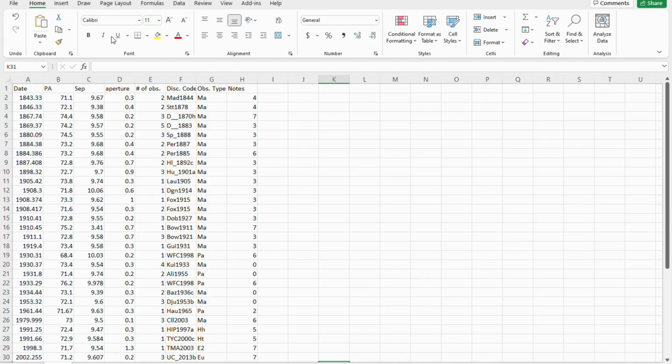So we're going to start out with our historical data already formatted in Excel. If you do not know how to do this, I have pasted a few links below explaining how to do so. So the first thing to do is change the position angle from degrees to radians, because Excel cannot solve